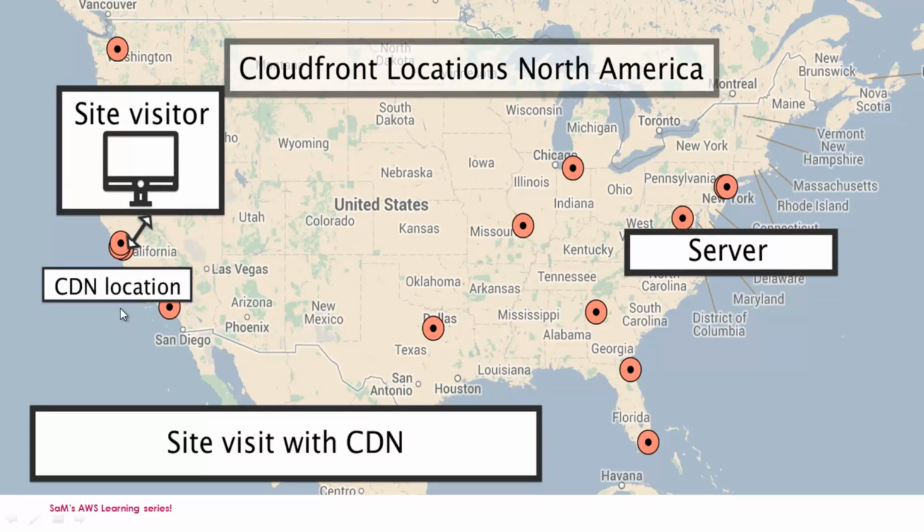But once you have a CDN, edge locations can be set up all across the globe. The site visitor will make the request only to the CDN location which is near his geographical location. The request will never travel all the way to the actual origin server. It will only be communicating with the CDN location or the CDN server.